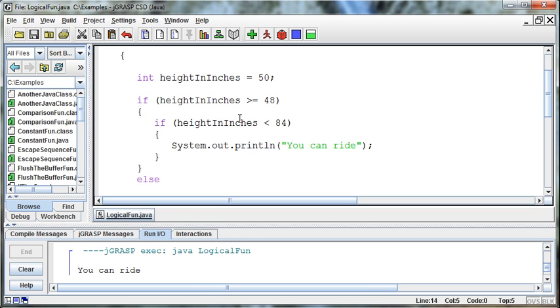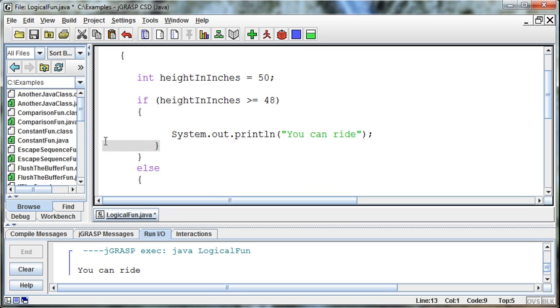And we can do that. We can do an if statement inside an if statement. That's totally fine. But we have what is called a logical operator that allows us to test two conditions, or many more than that. We can test as many as we want to, I guess. But we can test two conditions. So instead of doing this, we can instead accomplish the same thing, the same task,